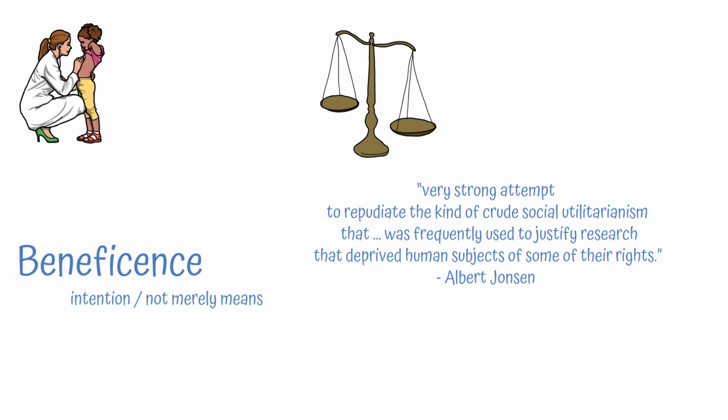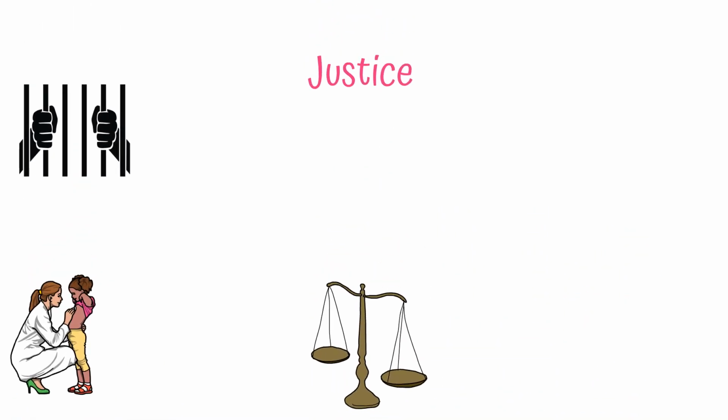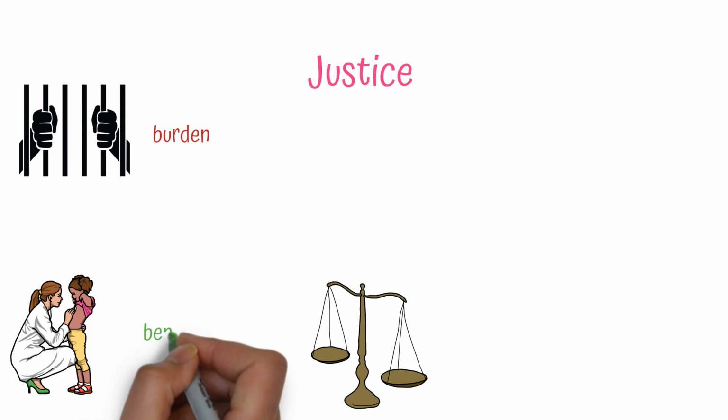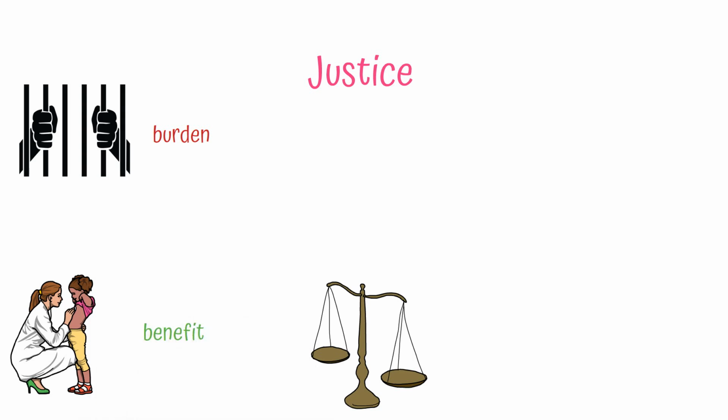This helps to answer some of Levine's questions and Tropp's legal objections, in that it focuses more on intent than merely on pluses and minuses. And that goodwill leads us to the final principle, justice. This helps to answer the question of cutting-edge treatment, and also the question of how far we can go in the name of science. The answer, in part, is that it depends on whom the burdens fall, and to whom the benefits go. Research on prisoners that only benefits those who are not incarcerated, for example, does not fulfill justice,